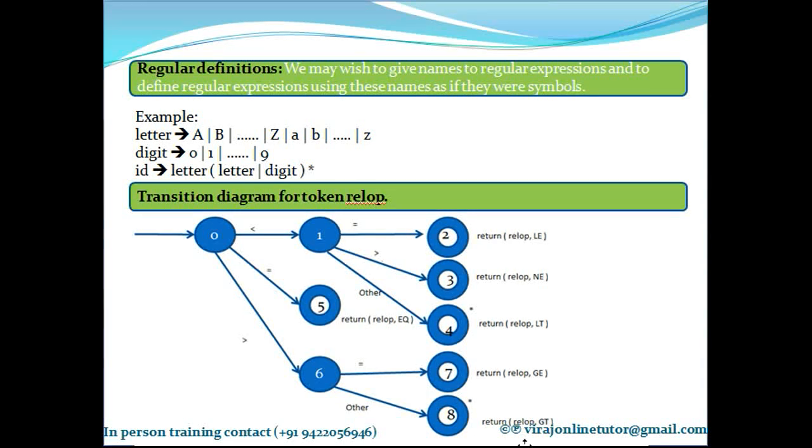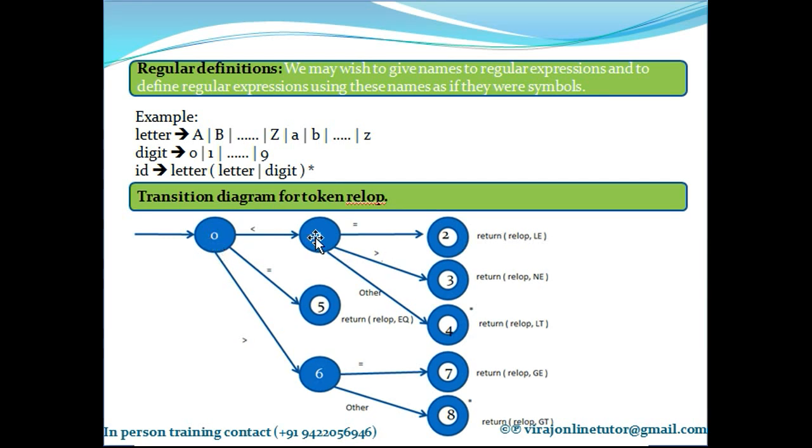So let's try to discuss this. When the lexical analyzer processes the input characters, if it gets a less than sign, it goes to state 1. If the next character is equal to, it returns to the parser saying less than equal to is a relop token and it is LE, meaning less than equal to.